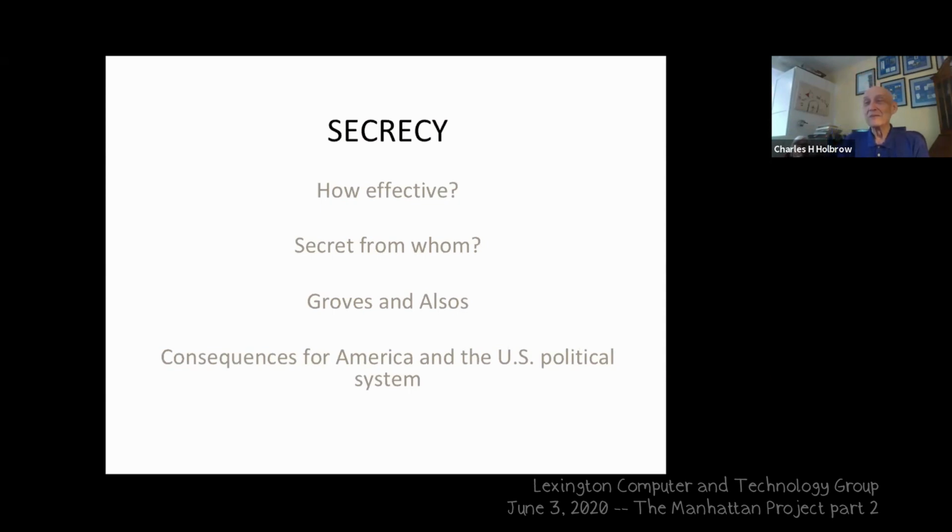But here, my last slide raises that same question, John. Secrecy, how effective? Secret from whom? We sent a mission into Germany in April. The war ended in Germany in early May of '45. I don't think the Japanese and the Germans knew what we were up to. Well, they knew we were up to something because